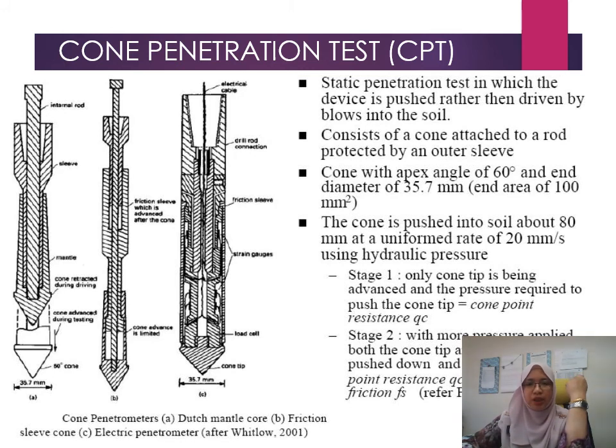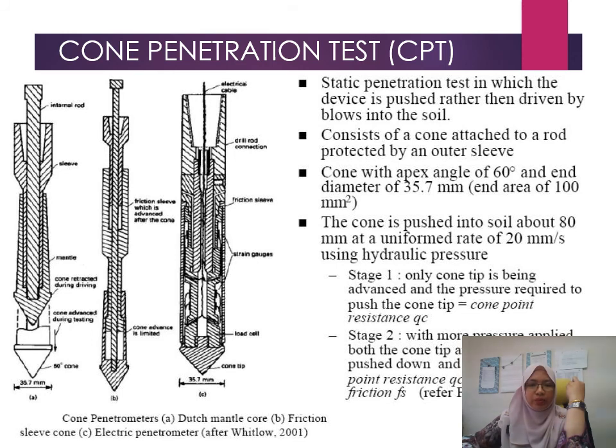Okay, for SPT, the cone and rod is driven by blows into the ground. For CPT, it consists of a cone attached to a rod protected by an outer sleeve, and the dimension of the cone is given in the diagram. The cone is pushed into the soil about 80 mm at a uniform rate of 20 mm per second